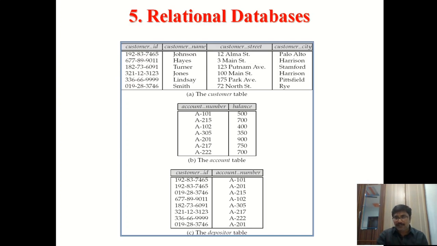Individually you can get the data, but by using these two together we cannot, because there is no common column. And the third one is the depositor table. There we have the columns customer ID and account number. So the depositor is a table which associates the customer and account tables. By using this depositor table, we get the data from the customer table as well as the account table, because the depositor table has customer ID which is also available in the customer table, and account number which is also available in the account table. So this is called a relational database: how we relate tables and how to get the data from multiple tables.